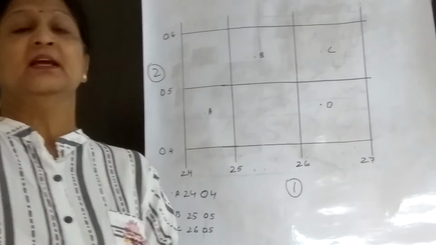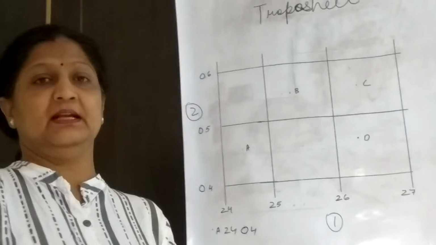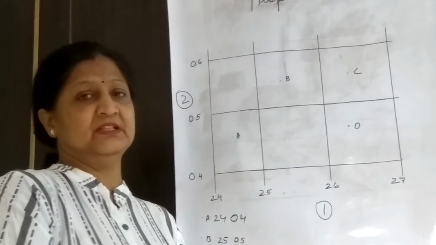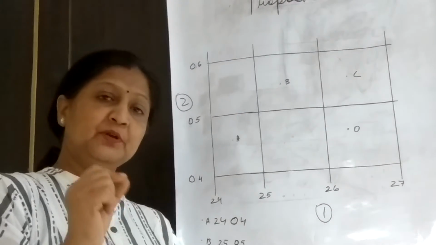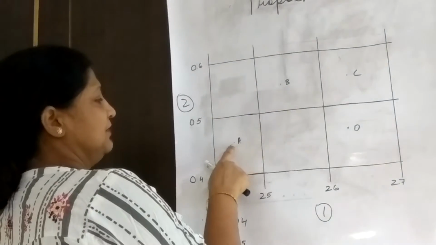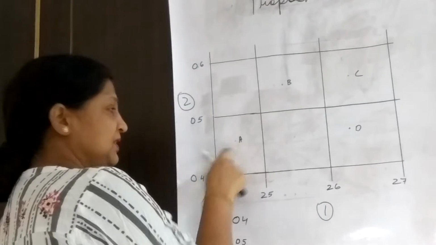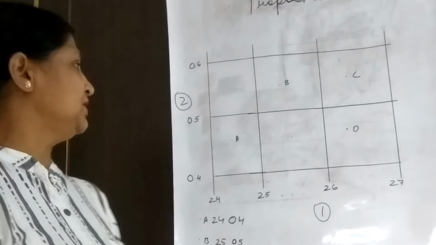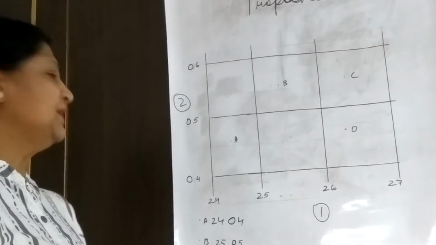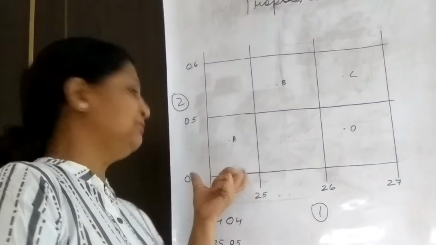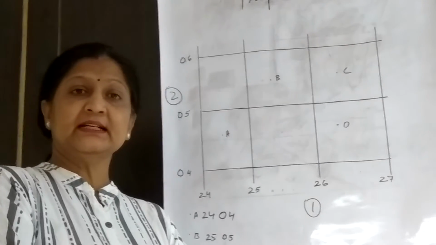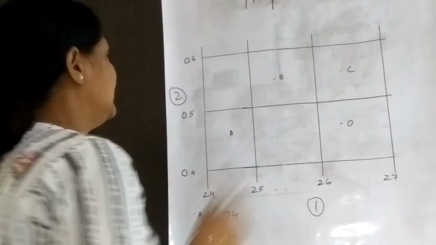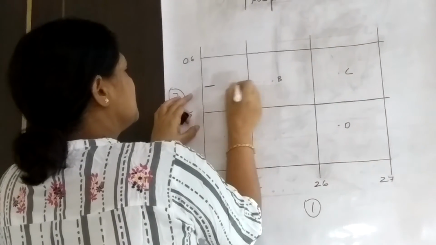Generally, a vast area is covered by this grid. Now we have to see the next part, that is the 6 grid reference. The 6 grid reference means a particular point. If we talk about point A, we have to see this one particular point on the topo sheet. How is it done? It is done by the use of a scale. If you keep your scale on this grid, you will see that the length and breadth of this grid is exactly 2 centimeters.